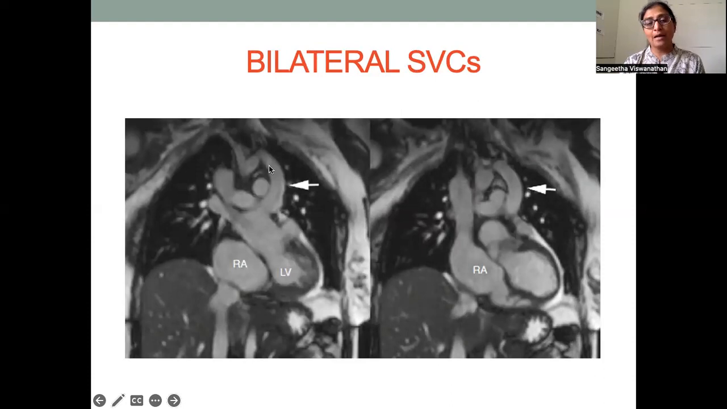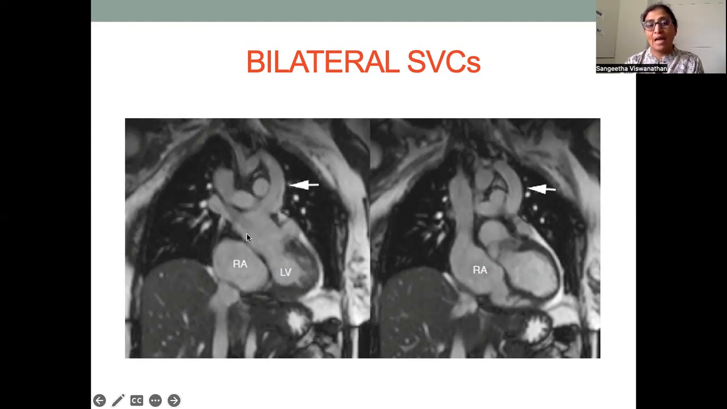Here, on the other hand, the SVC is draining into the roof of the left atrium. This is a problem because here the SVC is actually draining into the left side of the heart, not into the right side of the heart. So it is draining into the left side of the heart, and that can result in desaturation of the systemic blood,